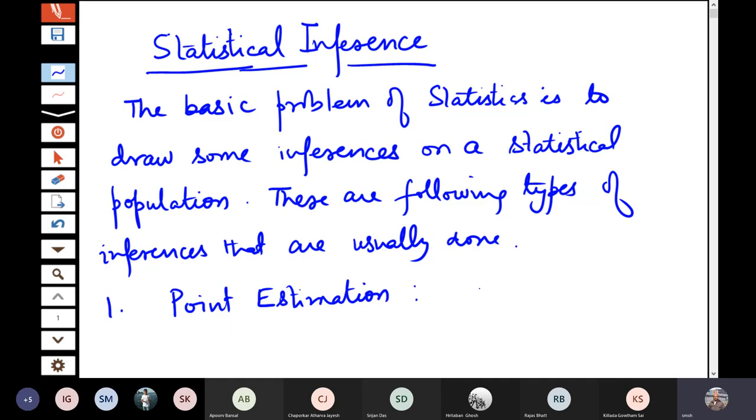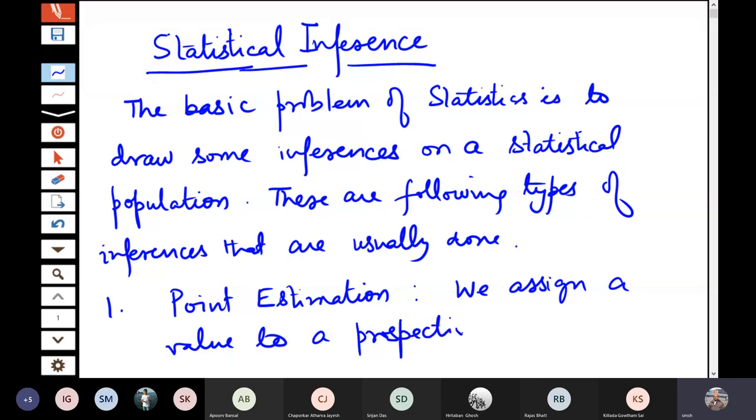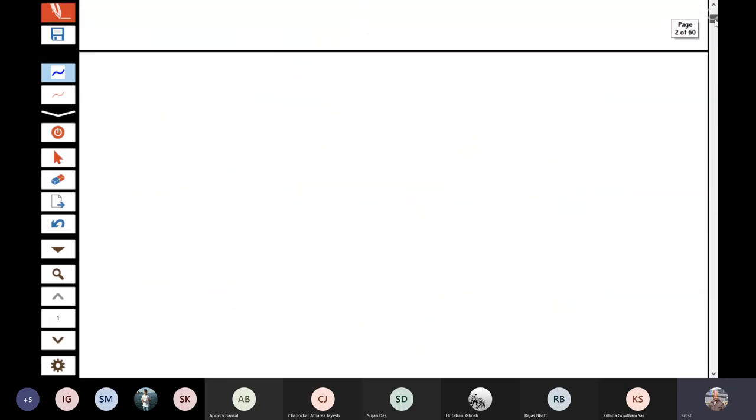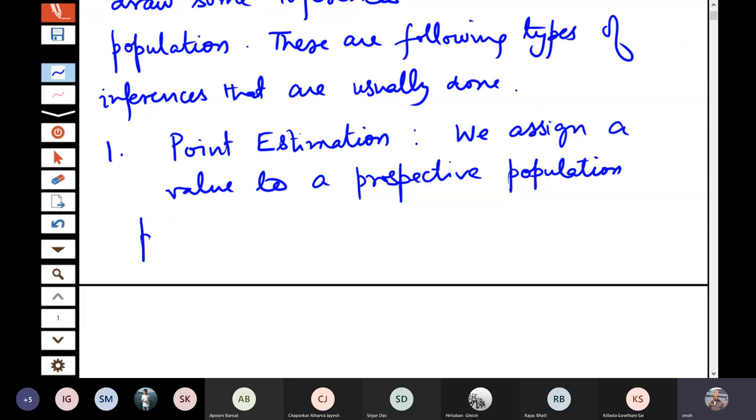So in the point estimation, we assign a value to a prospective population parameter. For example,